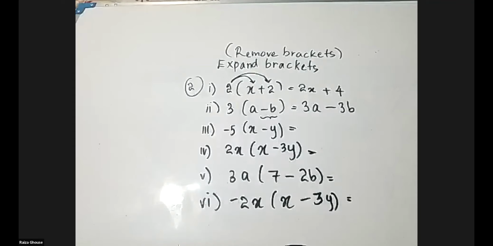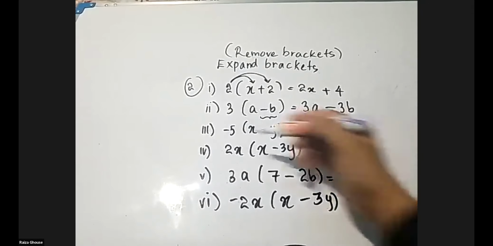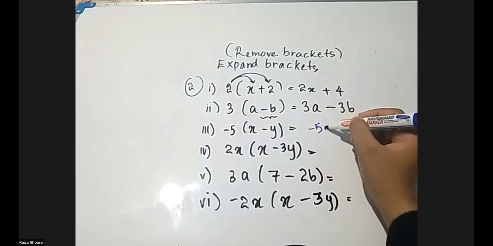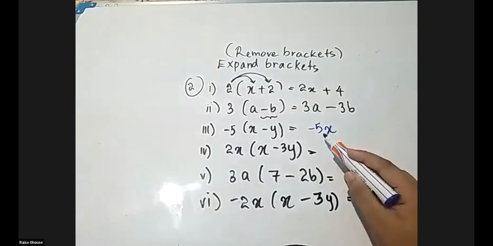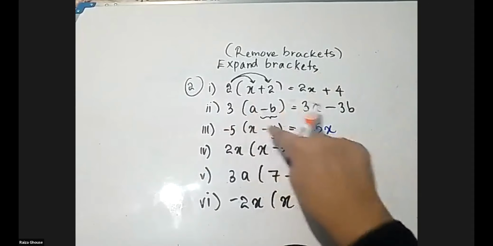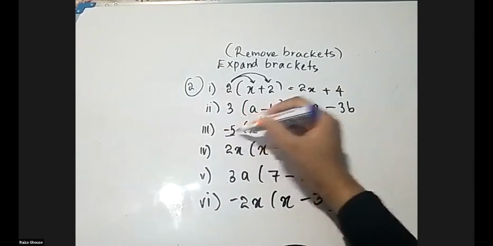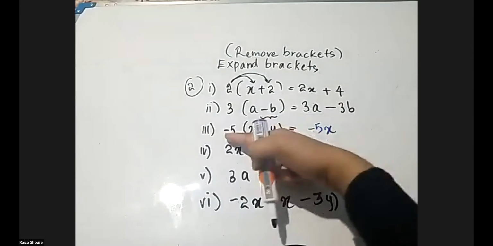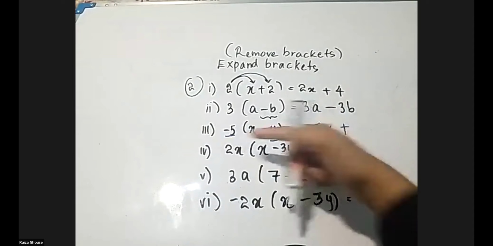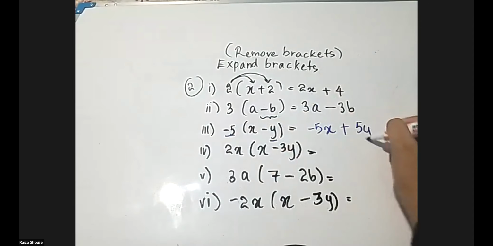Okay, I got the answer. Good. Ifana has sent. Yes, she's saying, okay, Mariam Falil has sent, Sabiha has sent. Okay, good. Shasprit, right. Good children. Let's see. Check your answer now. It's minus 5 into x is minus 5x here because positive into negative is negative. And remember, when you multiply two negative values, minus 5 into minus 5, what is it? Minus into minus is plus here. 5 into y will be 5y here. So your answer will be negative 5x plus positive 5y.